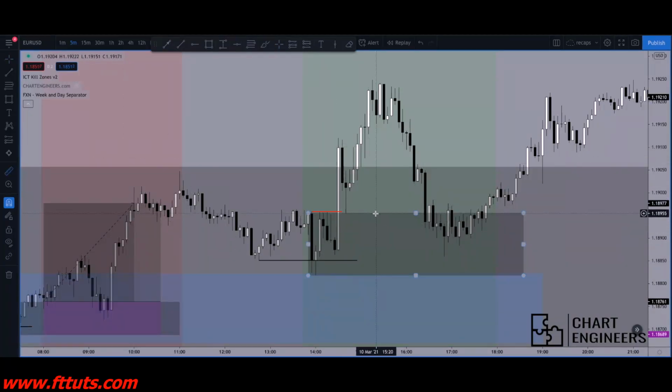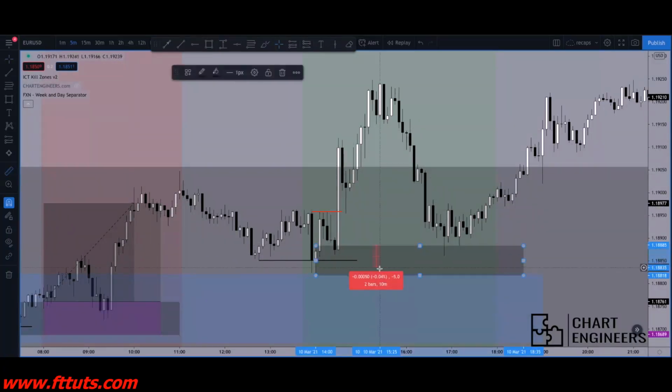But if I measure this zone from there to here, you can see that the zone is more than 10 pips, and I'm not a fan of levels that are bigger than 10 pips. So when my levels are bigger than 10 pips, I'm going to look for a different level that I can use for my entry. So when I'm not using the breaker zone, I'm always using the raid candle, and the raid candle is the candle that caused the sweep. So this little white candle here, and this zone is only 6.6 pips,